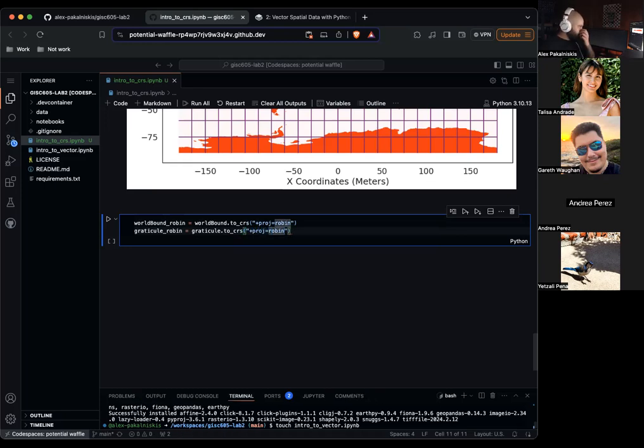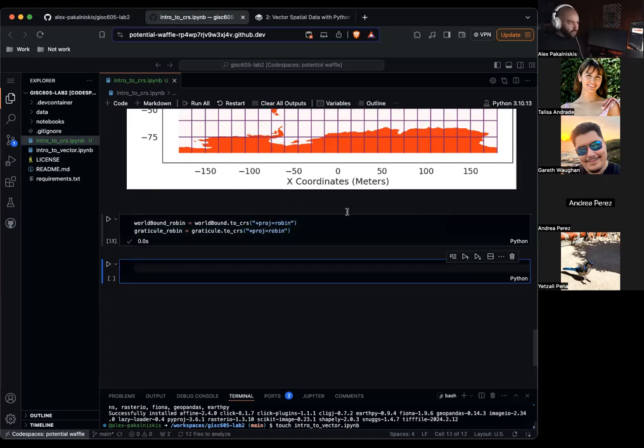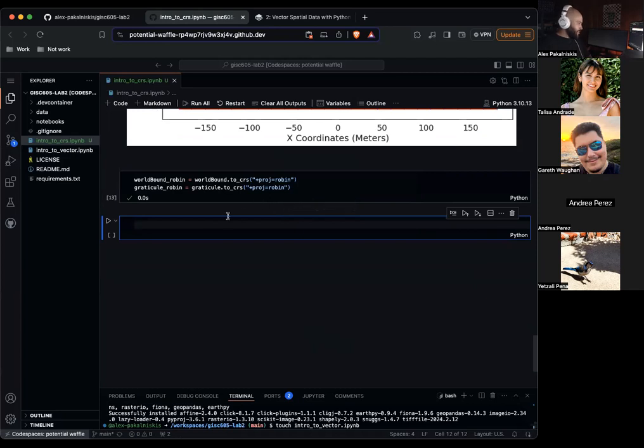So you can see we have this existing data, the world boundaries and the graticules, and we're just reprojecting it using this to_crs method, and then specifying the projection that we want. That's pretty simple in my book. I'm a fan. So now we have this projected data in our Robinson projection.